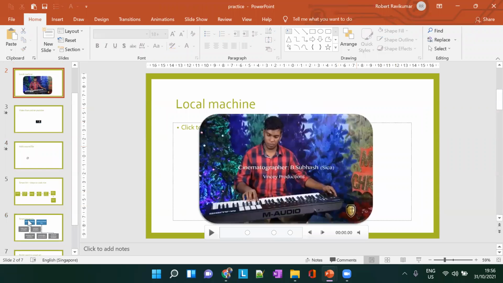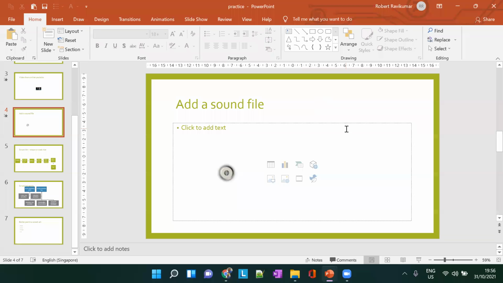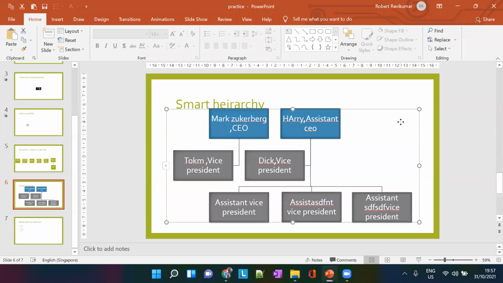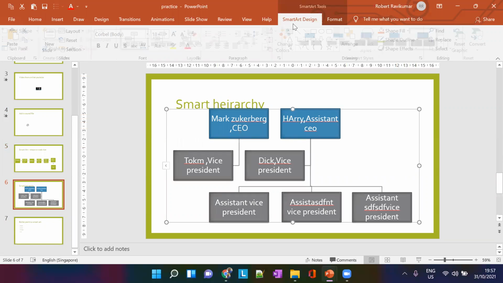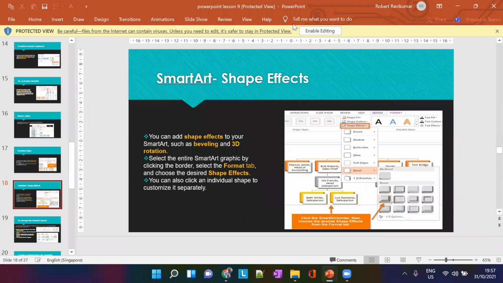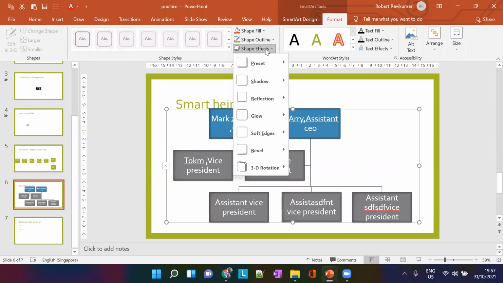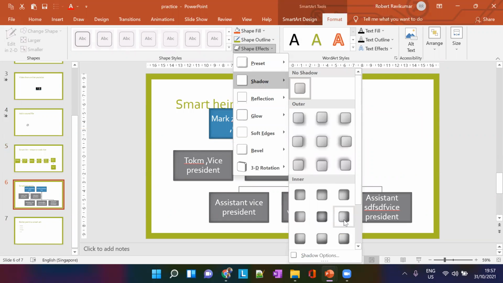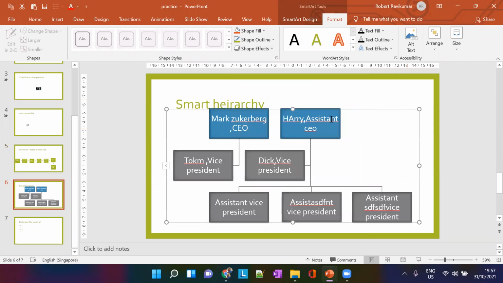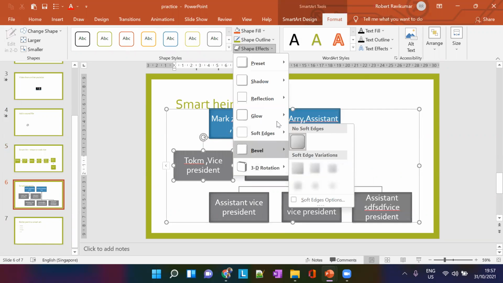Go to SmartArt Design, shape effects. Okay. So shape effects format. So that is shape effects. Okay. See, you can change the shape effects. So if you want some shape effects on this particular thing, right?